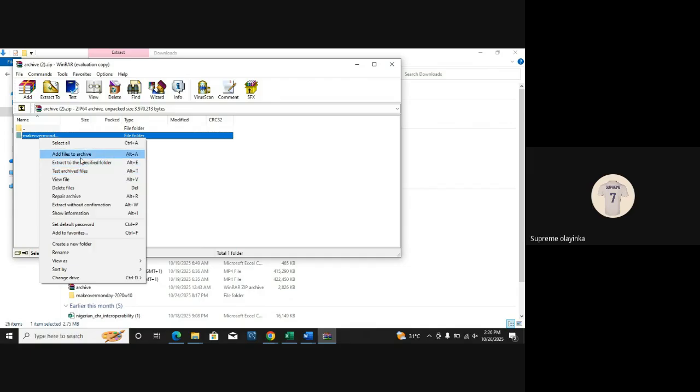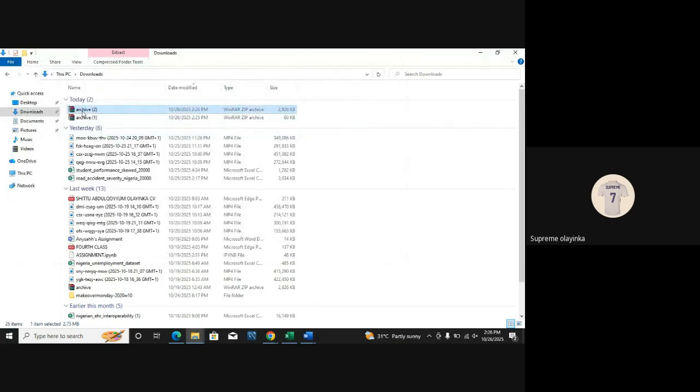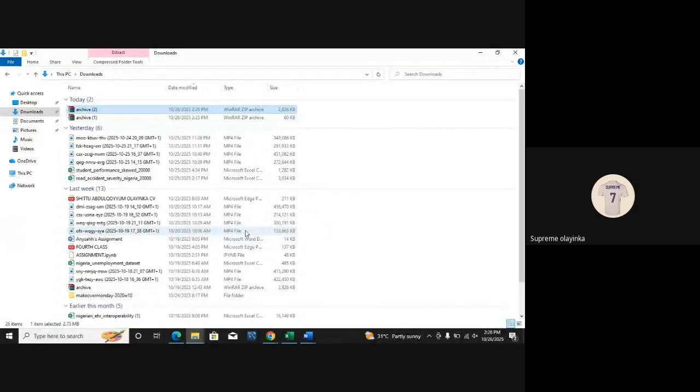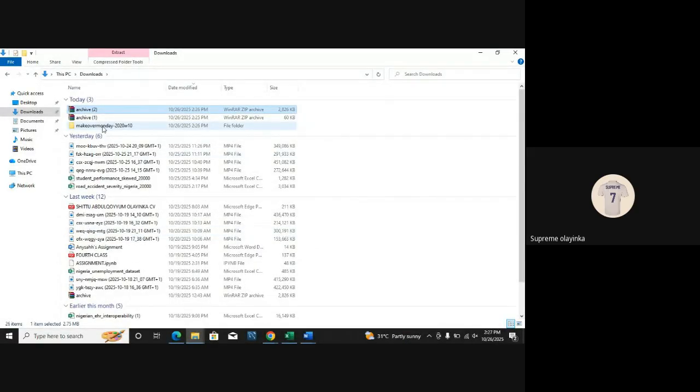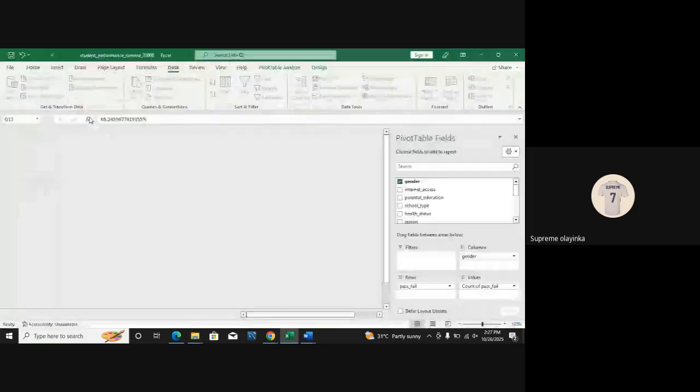I can see Extract here. Let me do something like this. Extract here. Okay, I think this is it. Click on the folder, and I can see my violence data here. Let me click on my violence data and see what's inside.